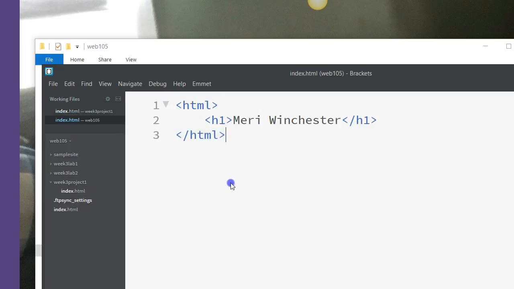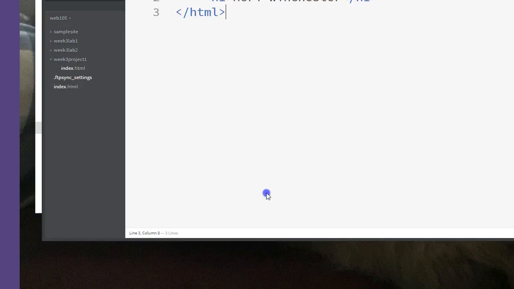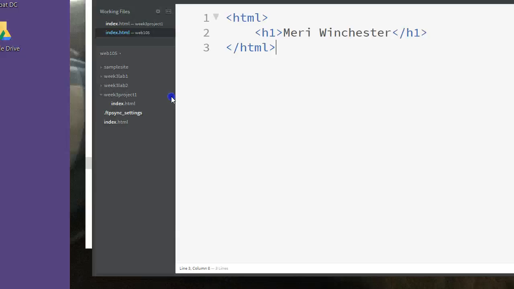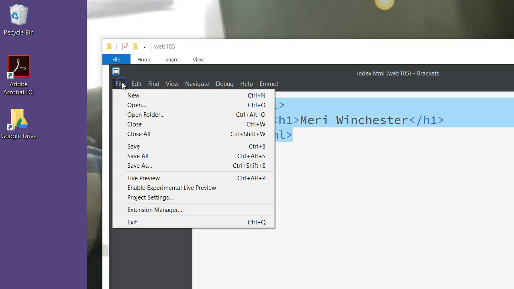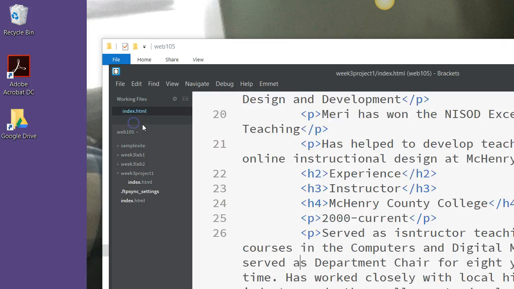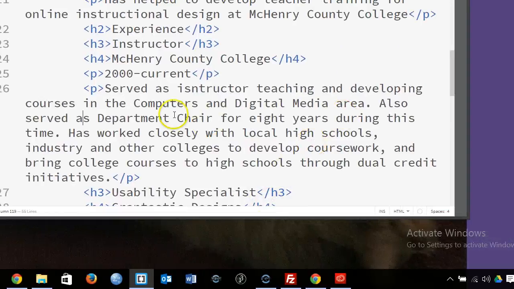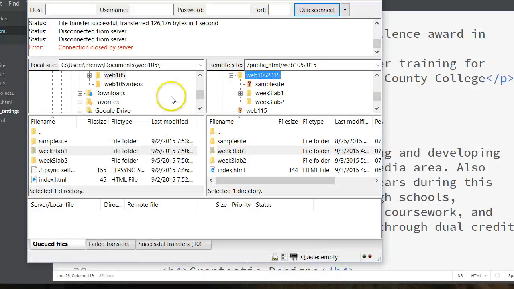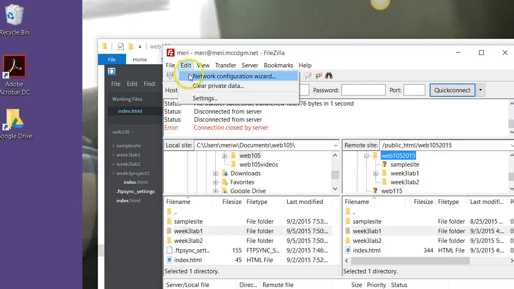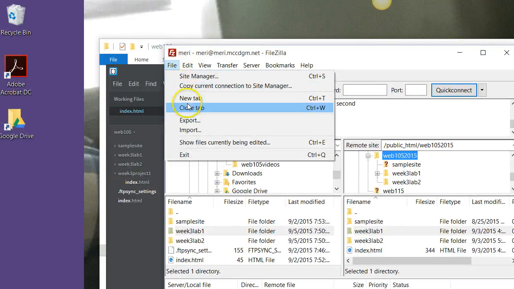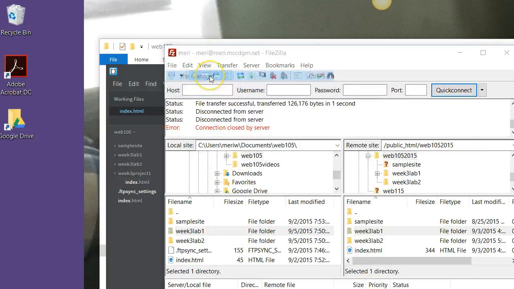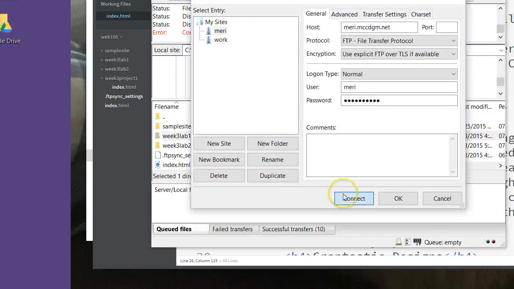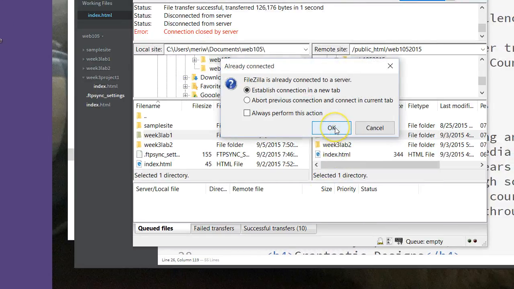Okay. Oh, I don't have the most current one. One of the things that you need to do, I'm going to have to close this file, is when you are working between two different areas, and I work on my school computer and I work at home, you'll have to download and update when you start working. So I'm going to log into FileZilla, connect to my site,